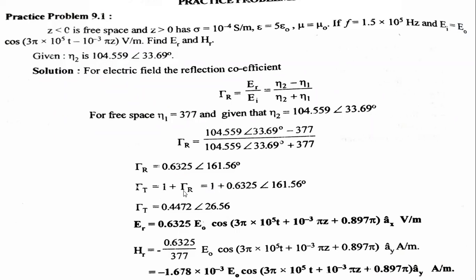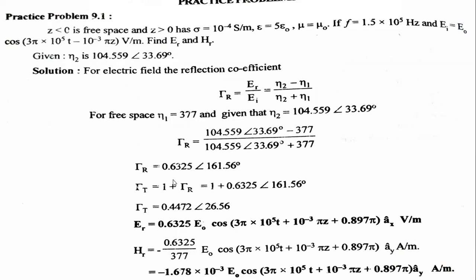Okay, now go for the second, that is nothing but the reflection coefficient at the transmitting end. This one is at the receiving end. So we know very well that tau t minus tau r is equal to 1, or in short you can say tau t, the reflection coefficient at the transmitting point, is equal to 1 plus tau r.